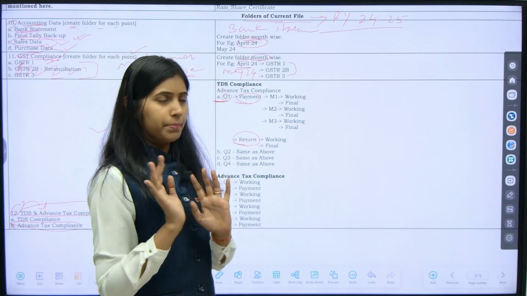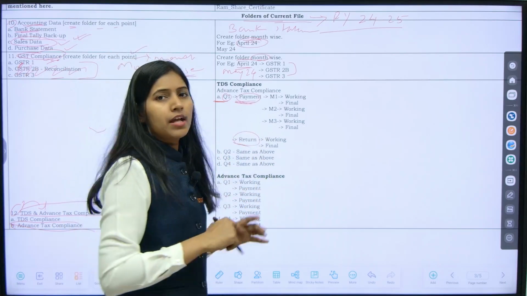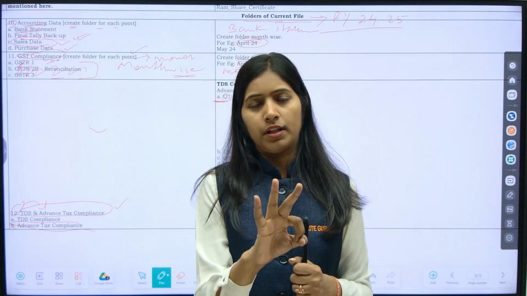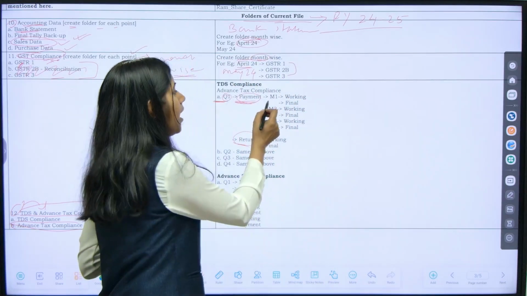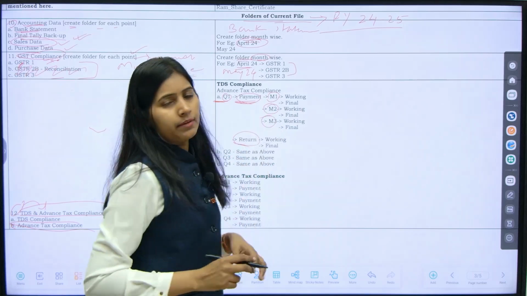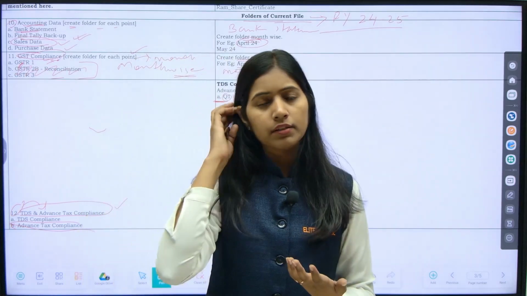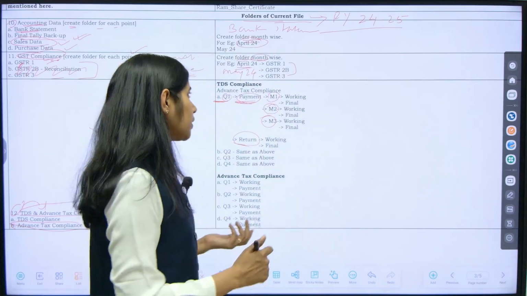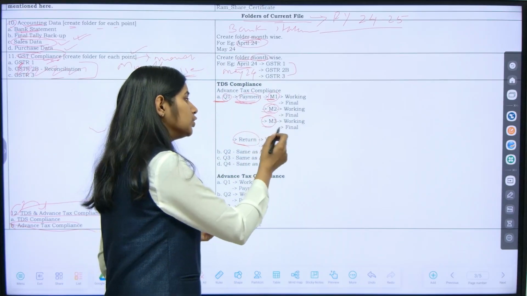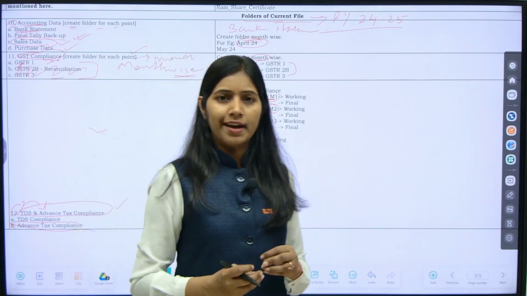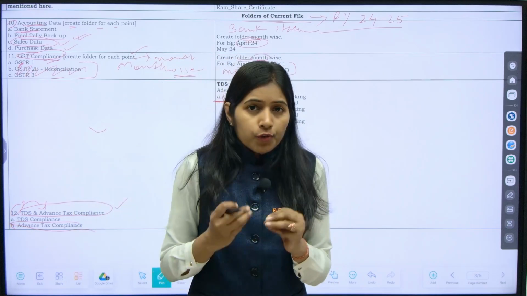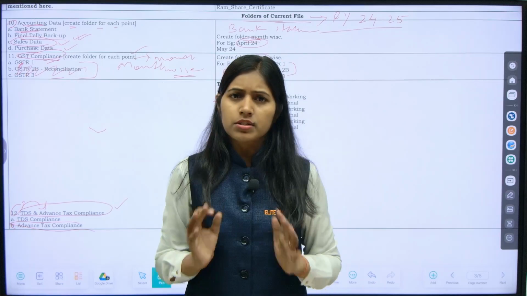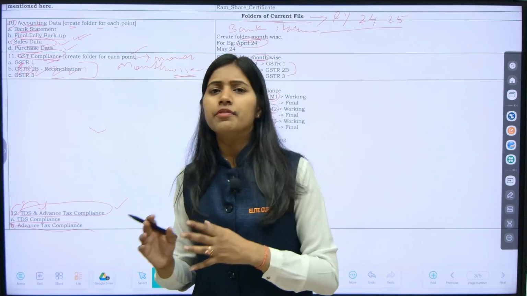So how it will happen, I will tell you. Under payment, because we are not making payment for 1 month, we are doing it for 3 different months. So what I have done: month 1, month 2 and month 3. Say for example, it is the first quarter of the financial year, so it will be April, May, June. So you have to create folders of April, May, June. Correct? Now you created the folders. Now before filing the return or before making the payment of TDS, you will do certain working, certain calculation under different sections.